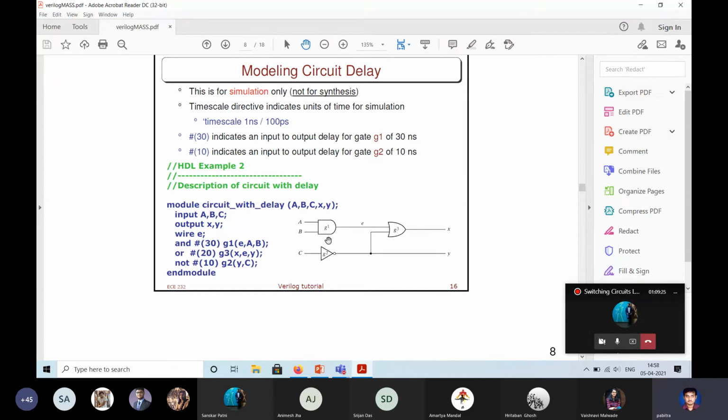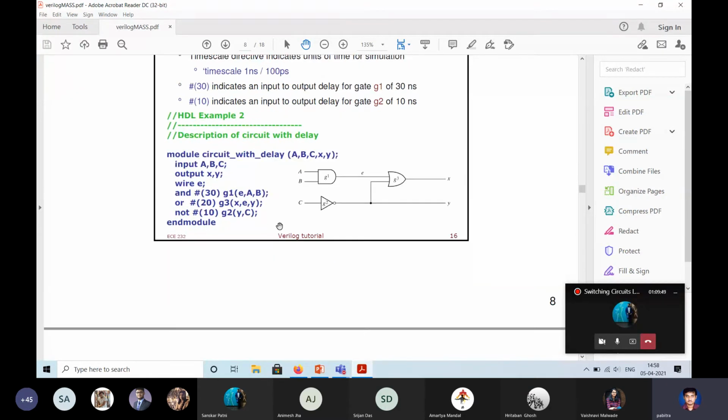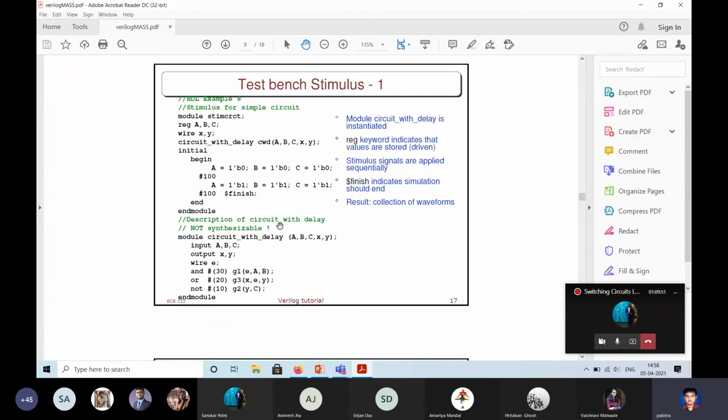We don't bother whether it is CMOS or what the technology is, but it should have a gate delay of 30, which we make artificially. This is used in timing diagrams: with the delays intentionally included, you can look at the final timing and verify everything is correct.